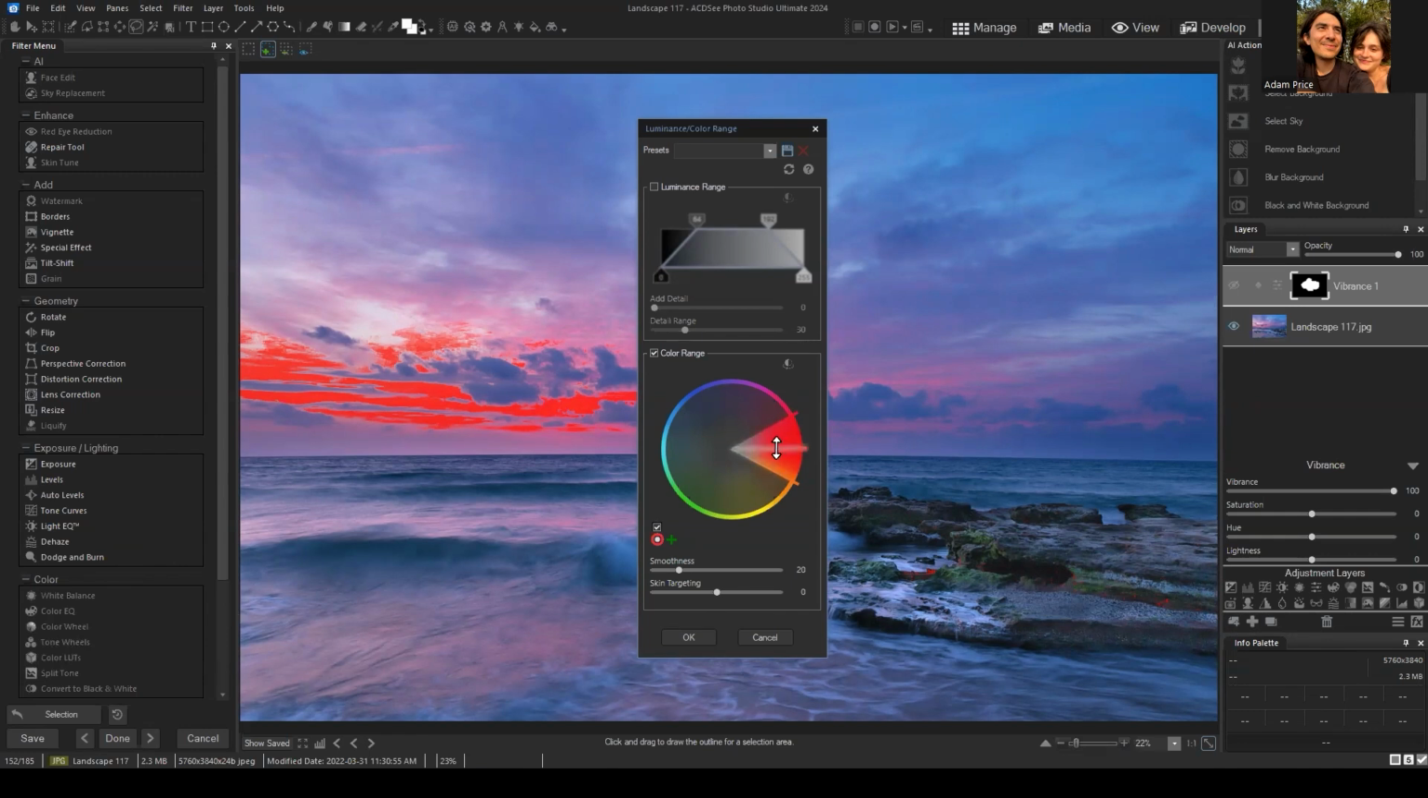So I'm just going to quickly explain it so that when we actually use pixel targeting or luminance and color range in other images, not only does it make sense, but you can also see why I've made certain decisions. So at face value, there are these different sliders on the